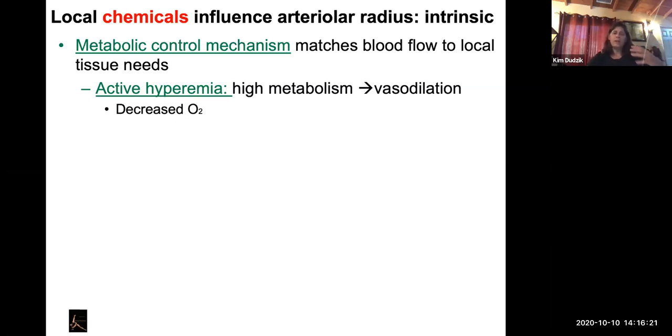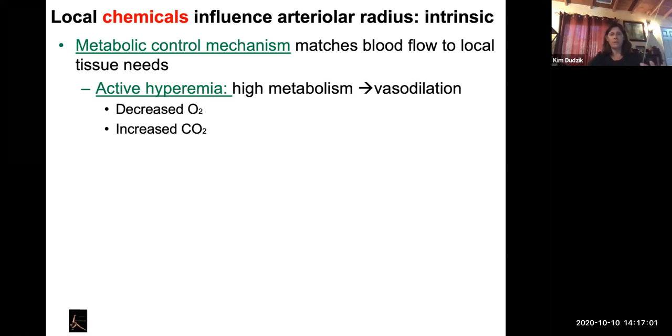Well, again, as I was just mentioning, if the tissues are working hard, it means they're using oxygen in the cellular respiration process. So the interstitial fluid surrounding those tissues is decreasing in oxygen because it's going into the cell and getting used, right? Well, a decrease in oxygen causes the smooth muscle cells associated with the arterioles to relax. So they vasodilate, so that increases blood flow. And remember, the increase in blood flow is bringing more oxygen, right?